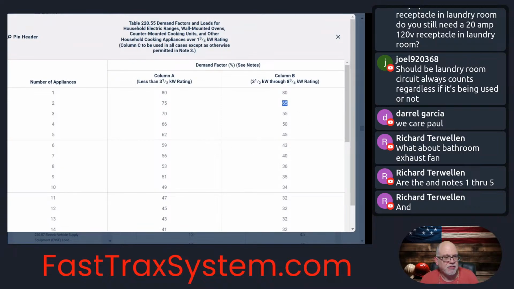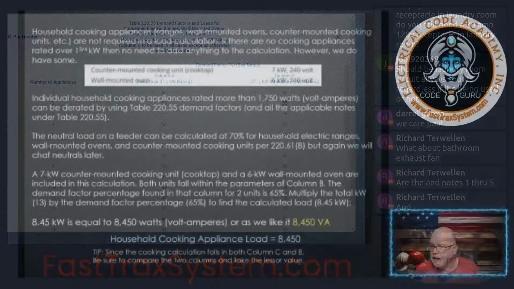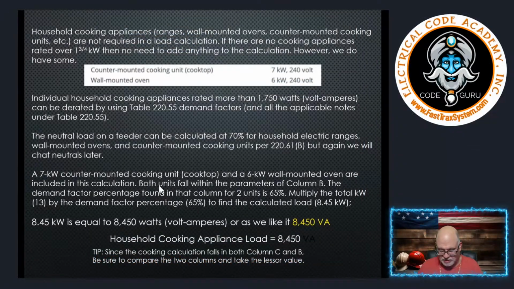So in our case, what are we going to do? Let's go back to the lesson. And what we're going to do is take the 7,000, which is 7 kW, is 7,000 watts. And we're going to add the 6,000 for the oven. That gives us 13,000, right? And then we're going to multiply that by 65%, because that was the multiplier for those two appliances under column B. So times 0.65,